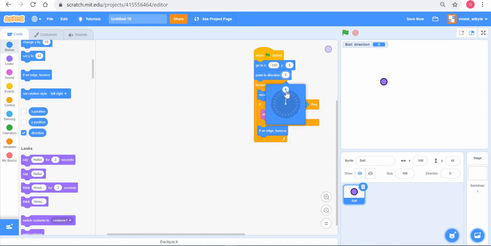Let's see one more example here, right? Say it was 15, as you remember, the ball was traveling at 30. I'm sorry, I made it 30 here. The ball was initially traveling at 30, but after bouncing, it became 150. Why 150? Because that is 180 minus 30, right? So let's see this for ourselves here. The ball is traveling at 30 degrees, going, pop, and now the direction is 150, right?